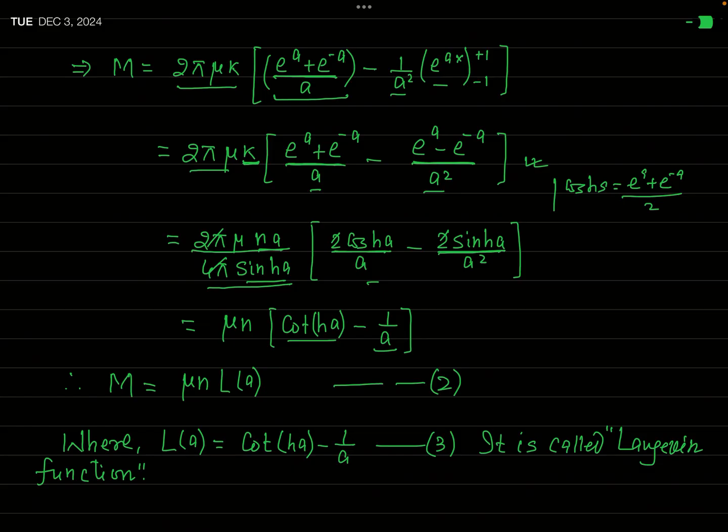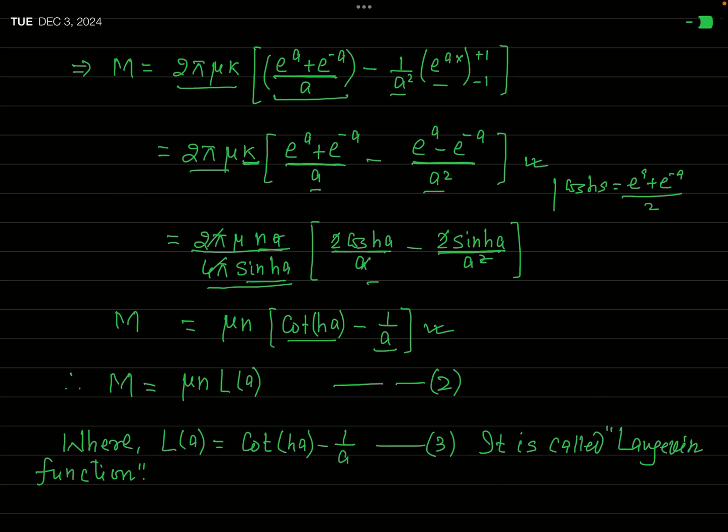These get cancelled. So finally we get that the magnetization M is equal to mu n times coth a minus 1 over